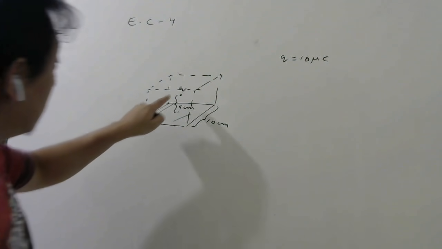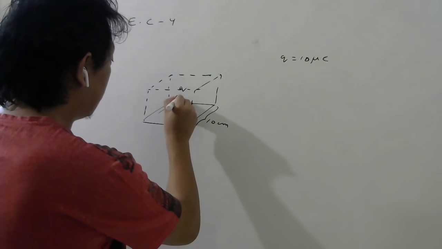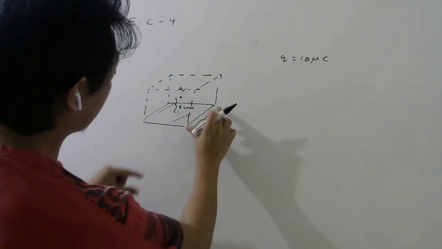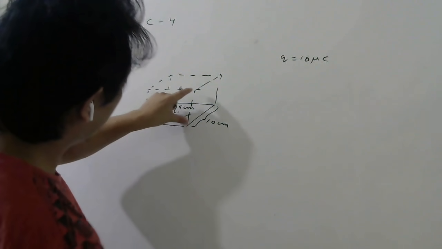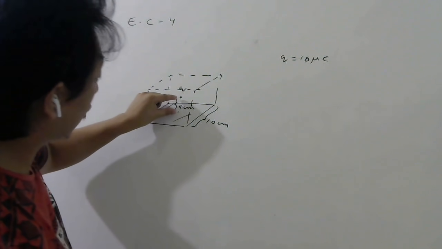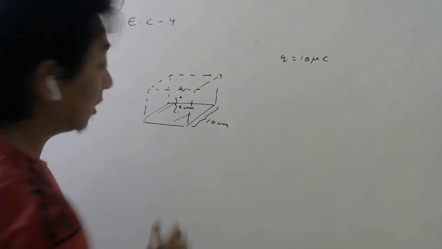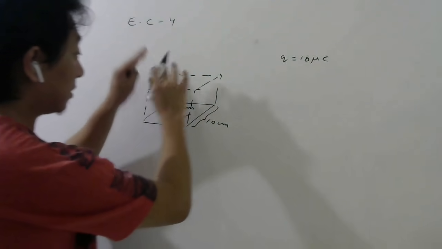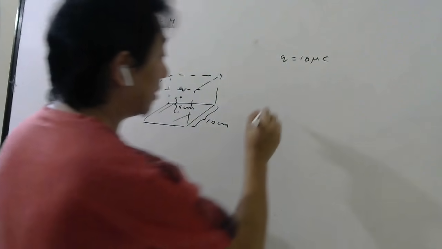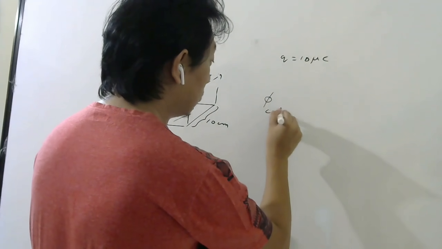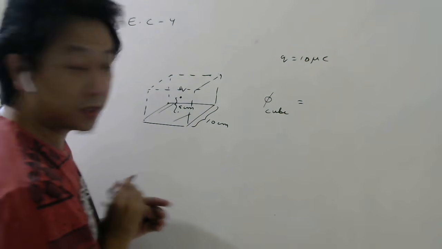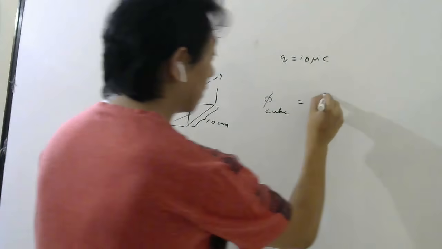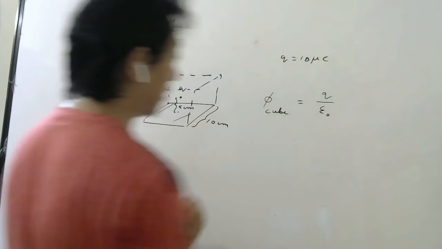Now this charge you can see will be at the center of this cube, because this is 5 centimeter and the side is 10 centimeter, right? So this will be 10, but the charge is kept how far? 5 centimeter they told. So the charge is in the center of this cube. Now this cube is a closed surface. So to find flux through the cube, we can use Gauss law, which says flux through a closed surface is charge inside, which is Q divided by epsilon naught.